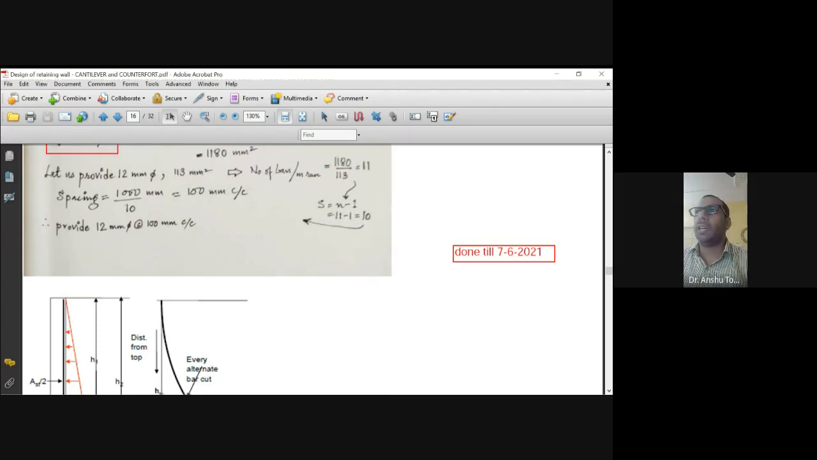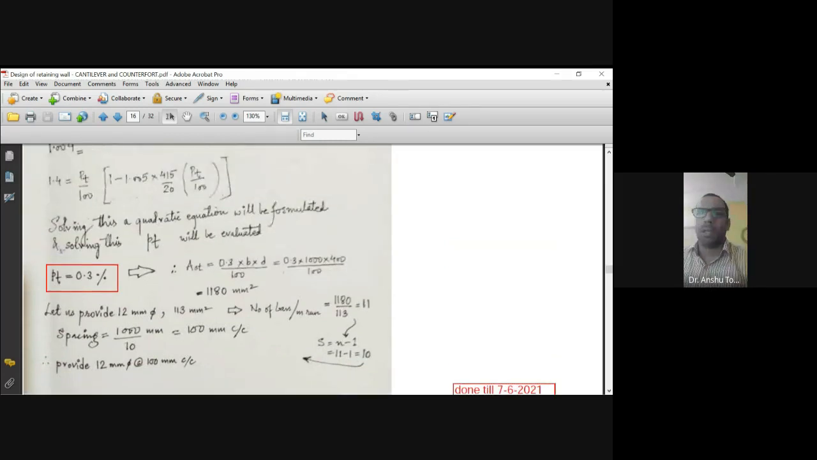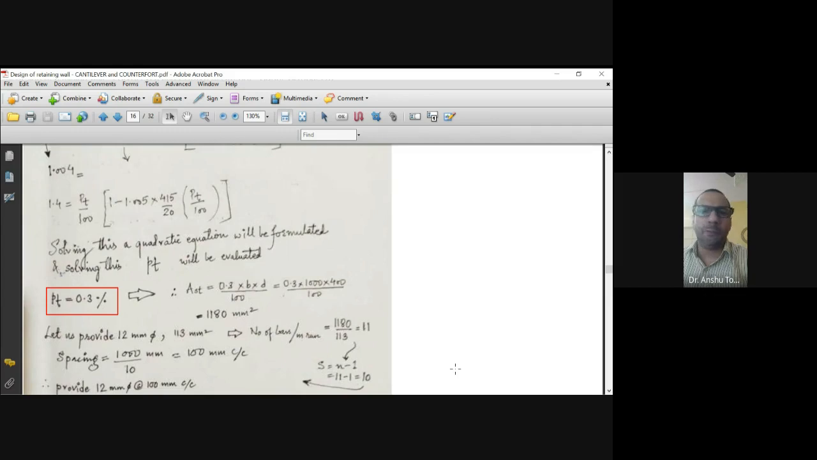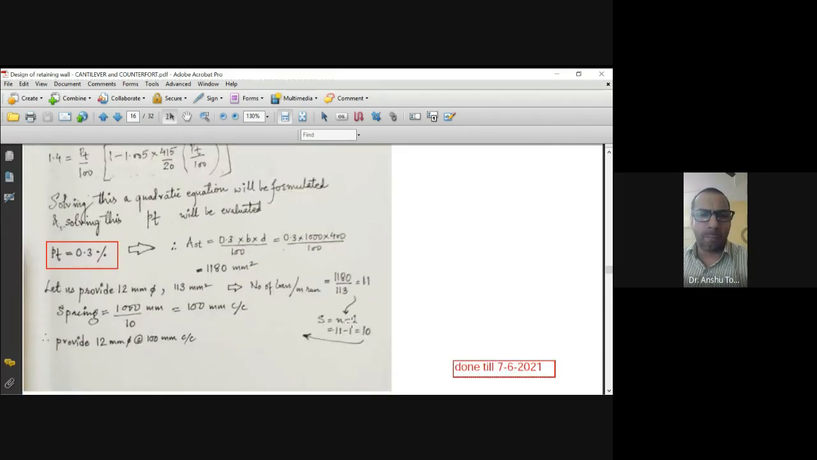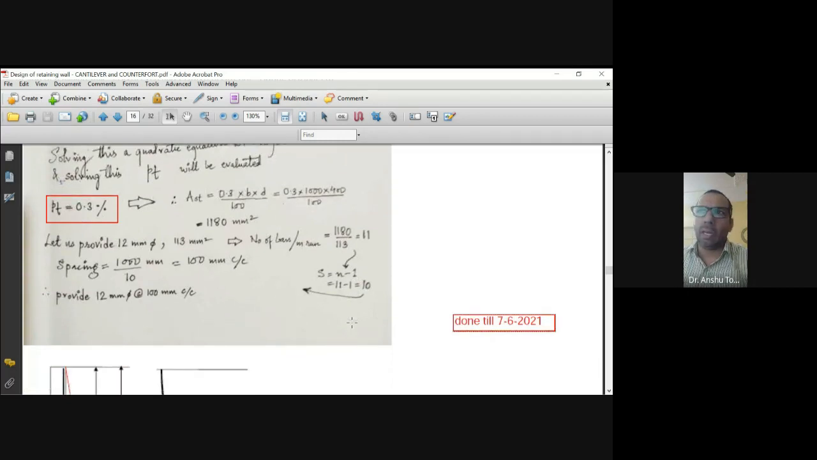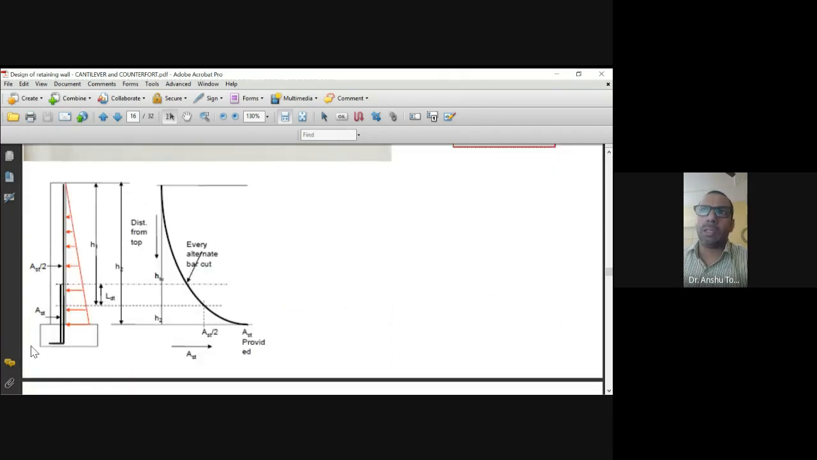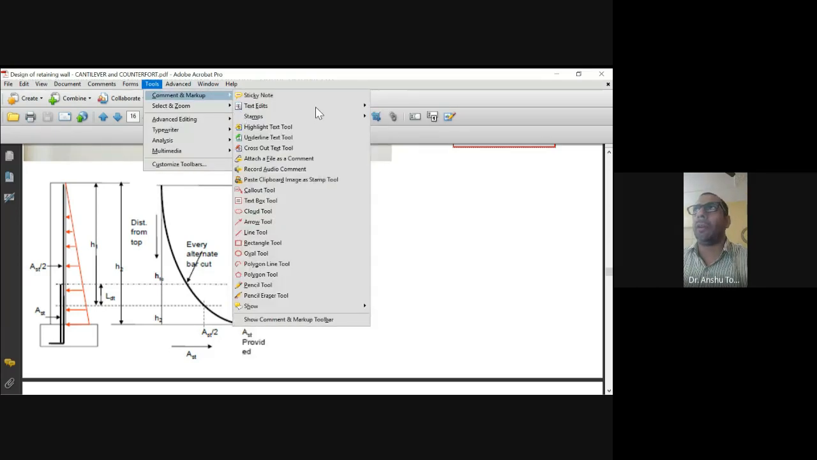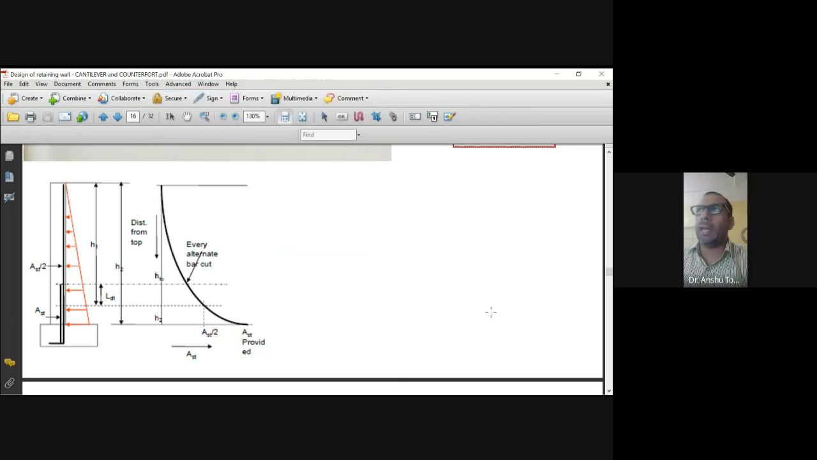So yesterday we have done till here, where we have been able to find out the reinforcement percentage of the stem. Then we know that the behavior is that of a cantilever. Usually what happens as it is a cantilever, if I draw it, the bending behavior is like this,